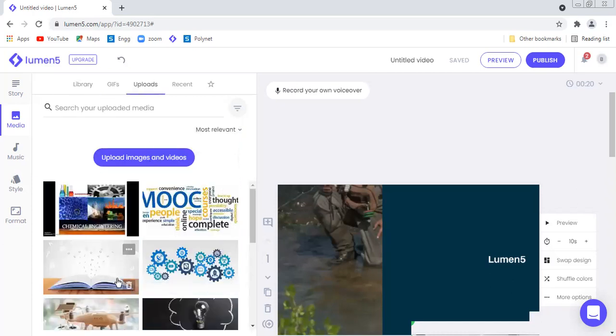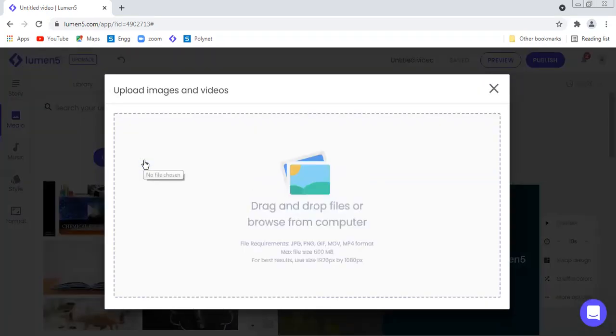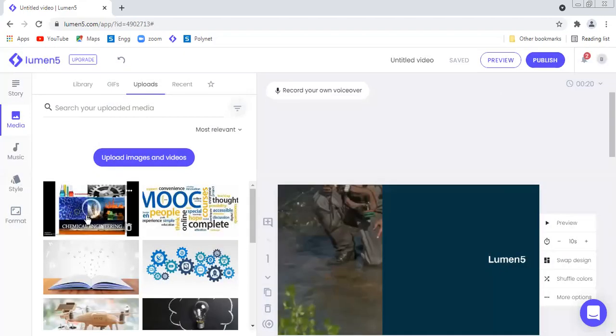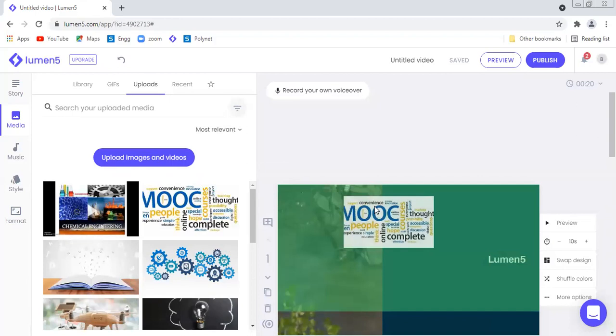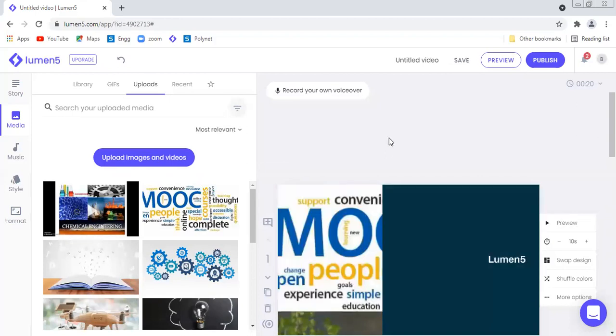Now these are the images and videos which I have uploaded. Now how do I upload? So first click on this upload image. Then what you can do is you can drag and drop the files which is present on a computer, or you can browse also. Now if you browse, and then after uploading, this particular resource will be available over here, and you can directly use this content. Say for example I wish to add this content, so I have imported it, right?